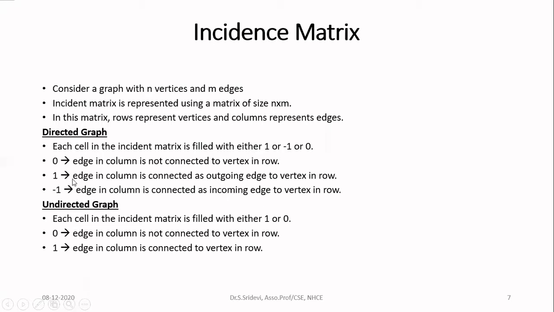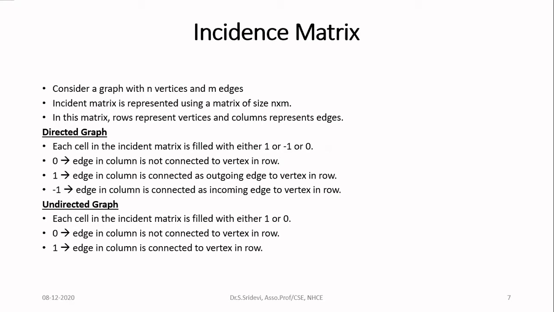Why we are having three different information now? Three values we have: 0, 1 and -1. 0 is going to tell you that you don't have connection. If you have connection, you have again two cases, whether it is incoming connection or outgoing connection. So you need to differentiate that. For that only, we have 1 and -1.